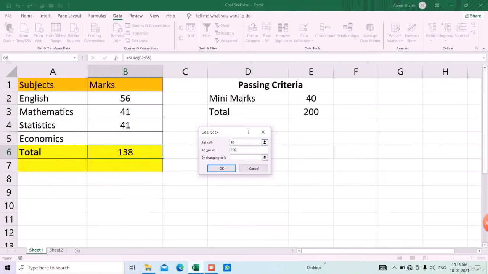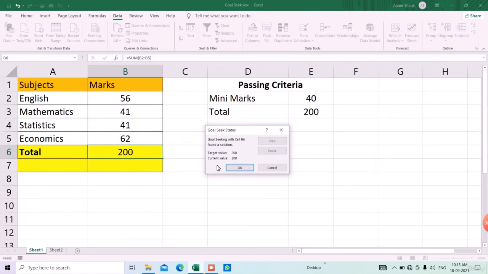So that's already a set cell. I want to value how much? 200, because that's a criterion we have. And by changing cell, now we cannot change the cells that we have given the exam marks of, right? We can only change this, whatever we can perform. So I'll select this, I'll press OK, it will do some permutation combination, and see, this has brought me the result